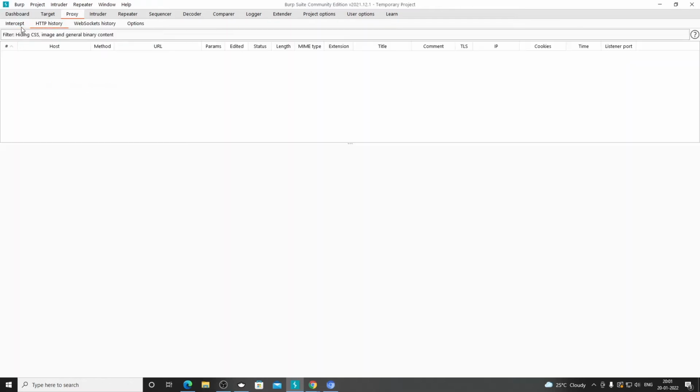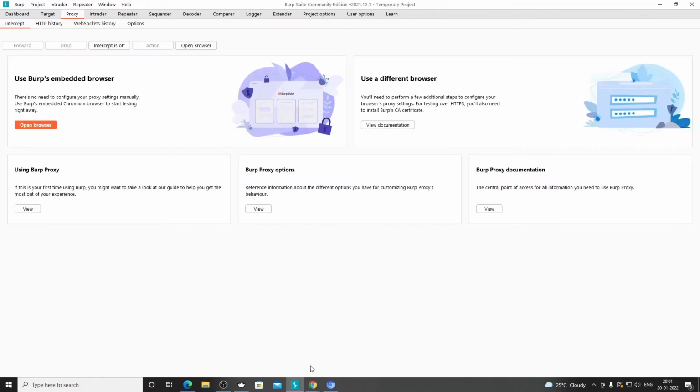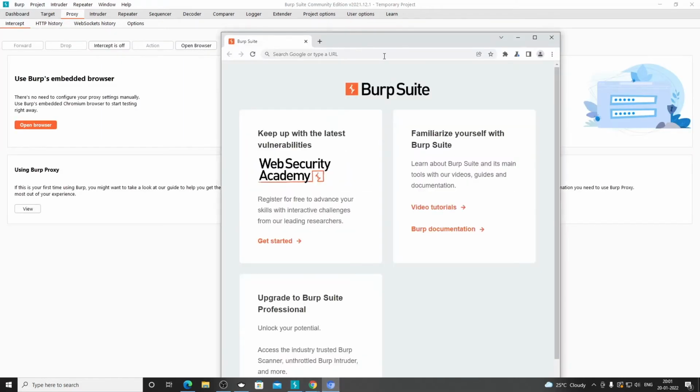The good thing about it is, most of the time if you configure it with Firefox or Google Chrome, you see a lot of requests being sent by Google Chrome itself or Firefox itself. Those you are mostly not going to get here if you use this inbuilt embedded browser, that's what the feature is called. Okay, got it. That's how it is.